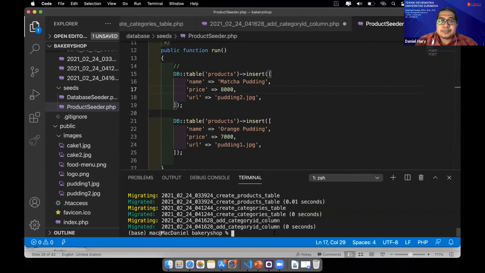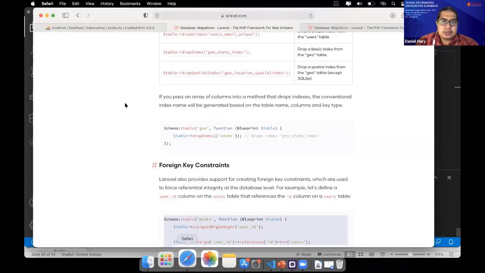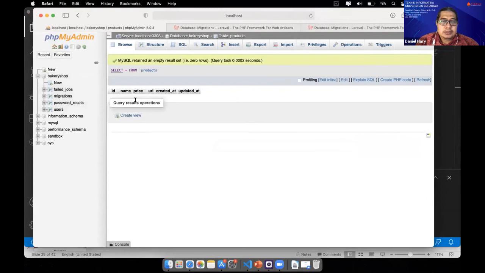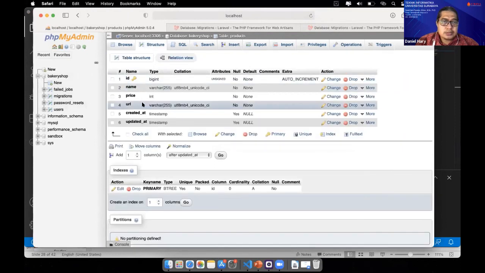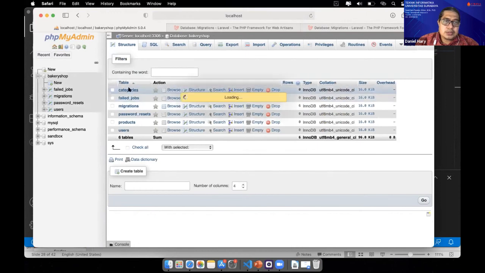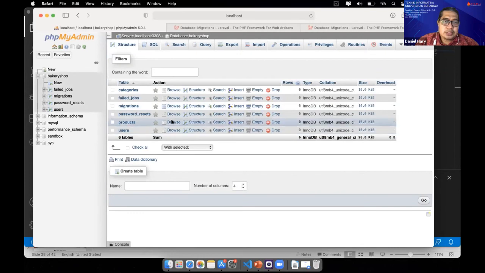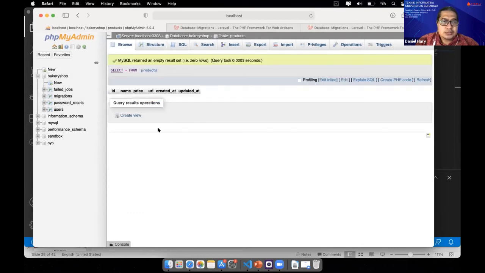Yes, can check out. There is category here, categories here, and then in product. Why is it there? Categories, ID, and name. And in product, okay.